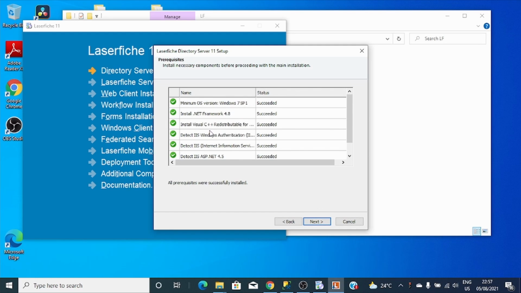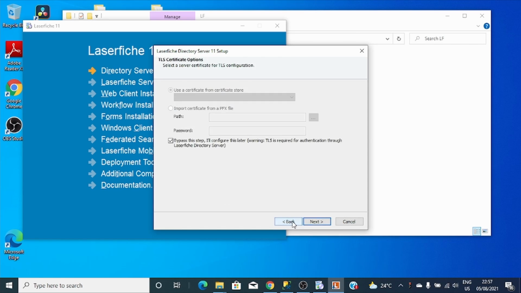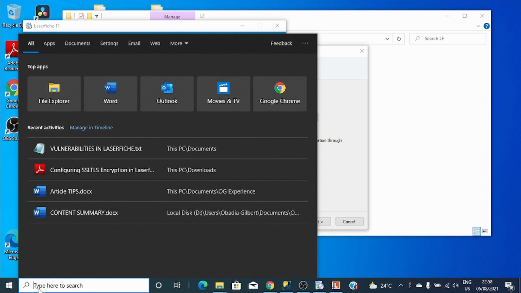Wow, you can see all right here. So let's go back. You can see here it requires a server certificate for TLS configuration. So guys, I'll just show you how to create a very simple certificate, which is a self-signed certificate. We just go directly to